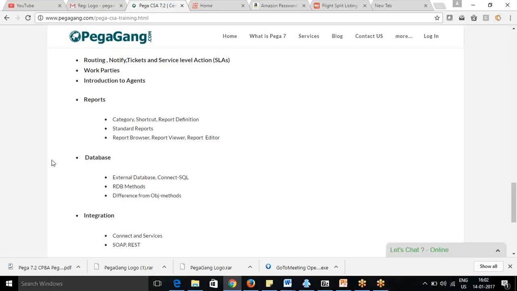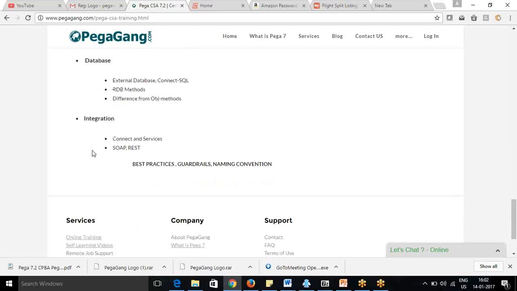We already talked about how to connect with an external database, and there will be more details about integration. Finally, we are going to cover best practices, guardrails, naming conventions, and some other topics required on a day-to-day basis.